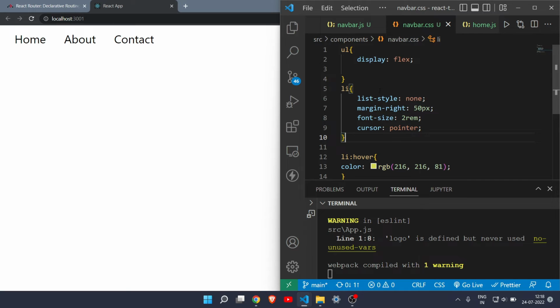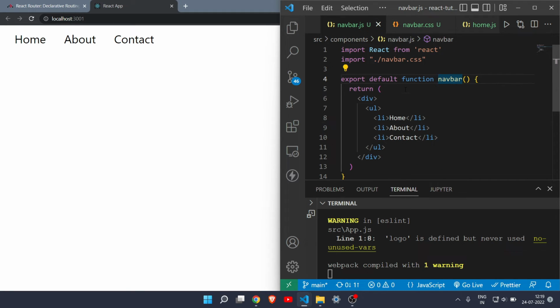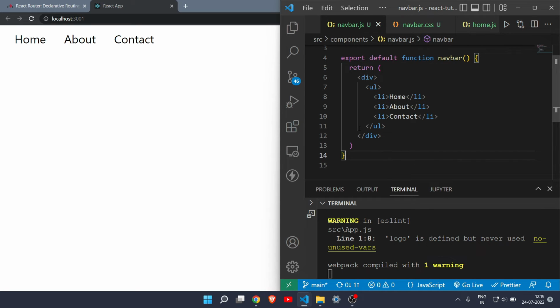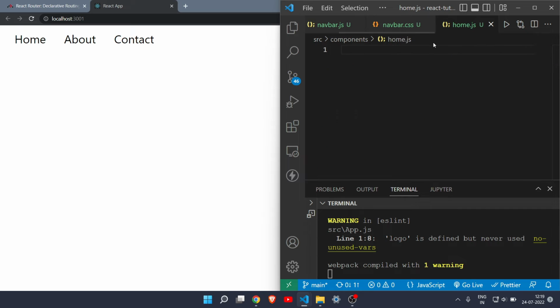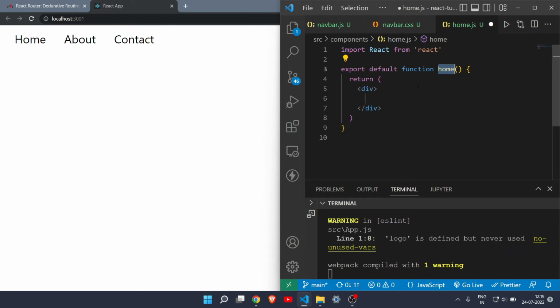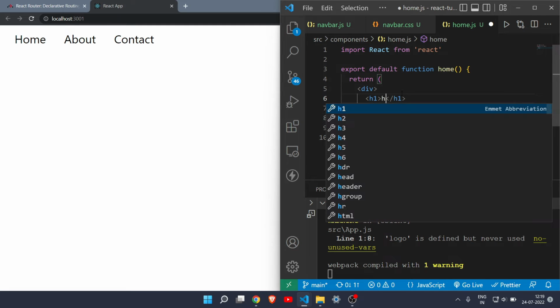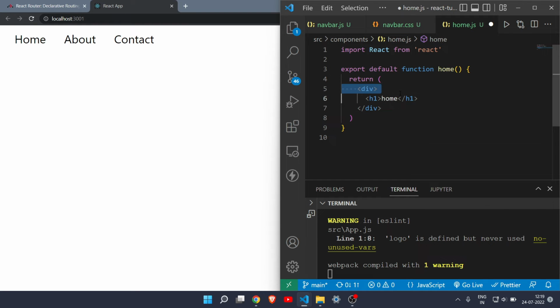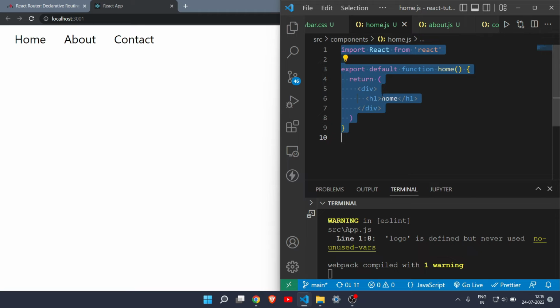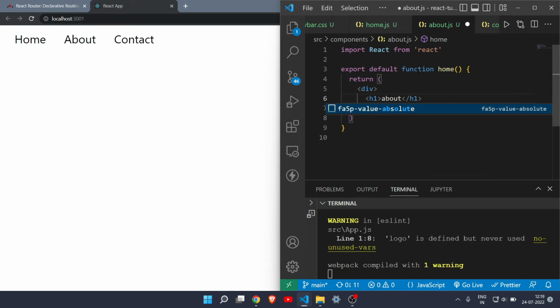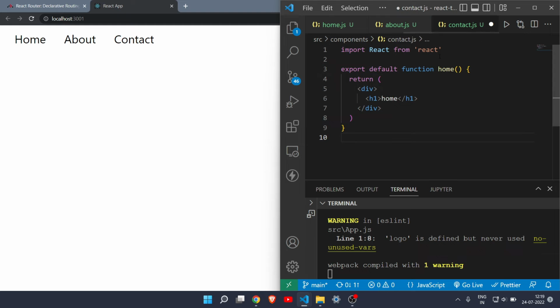Okay, alright, so let's come to our main part, which is let's define the home.js, about.js and contact.js. Okay, let's insert some content here. Okay, I will just do home. Okay, I'll copy this here and paste it here. Okay, save it here also,